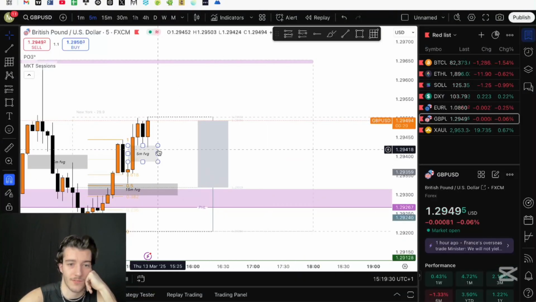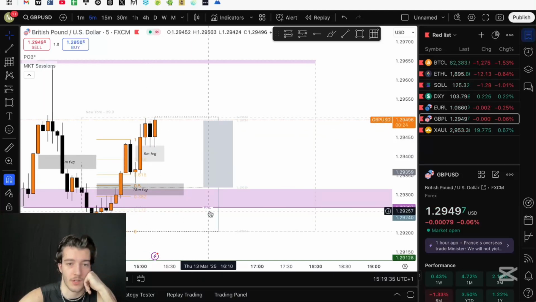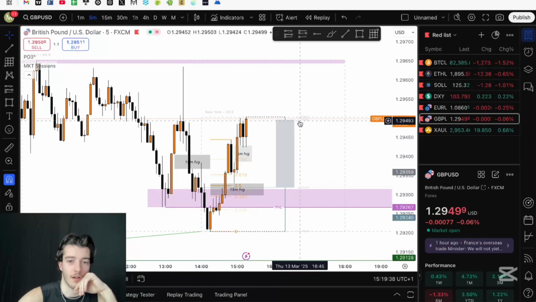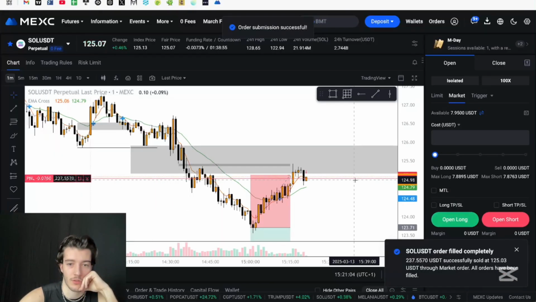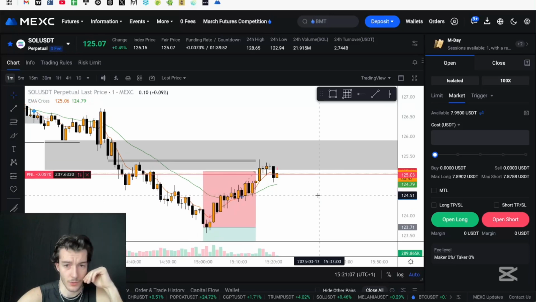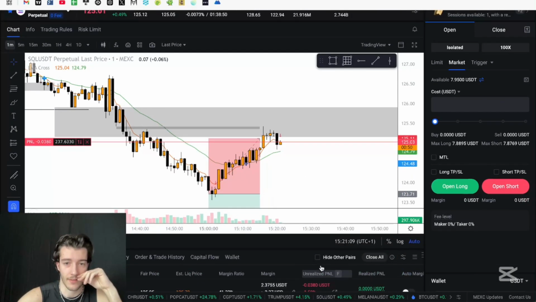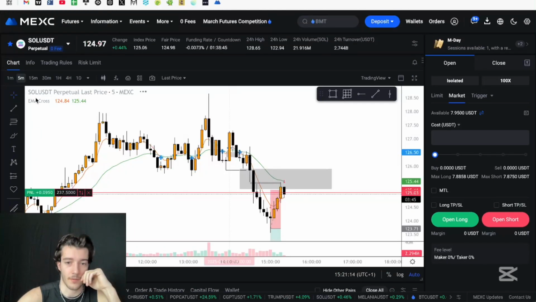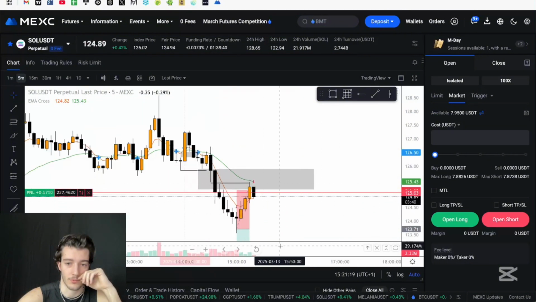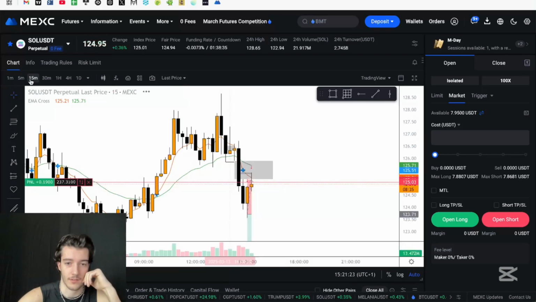GU tapped into this 5-minute bullish, and now we look like we're gonna close a 5-minute bullish candle here, so we can enter actually off of that. That looks very nice. I re-entered with a short here, broke structure on the 1-minute, and I think we're gonna move lower from here, since I believe we respected this 5-minute here, and now in the next 3 minutes we're gonna move lower and close this body with a bearish 5-minute candle.